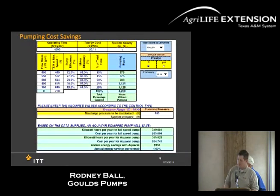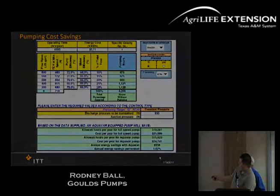I know this is a busy slide, but it's similar to the other one, but it's tied to a VFD. What kind of savings would you provide using a VFD versus a standard system? And what we have here, this particular item, we're using a 4500